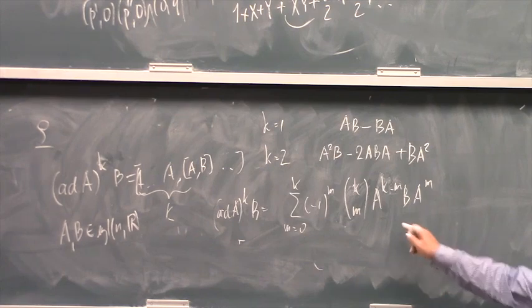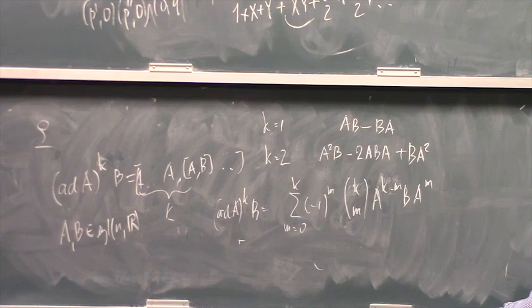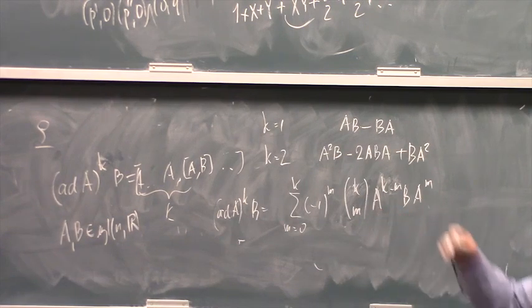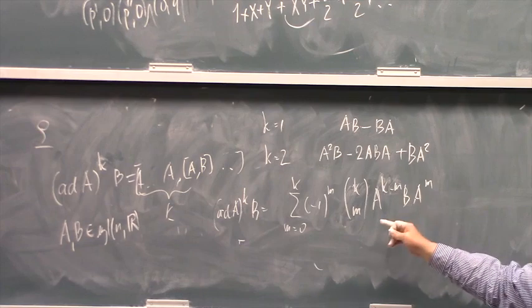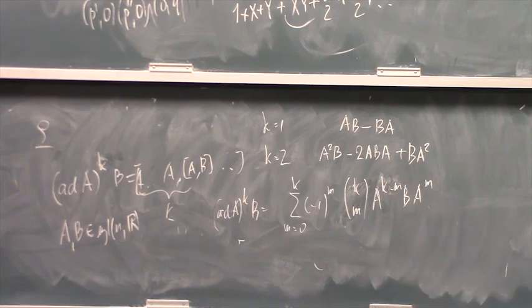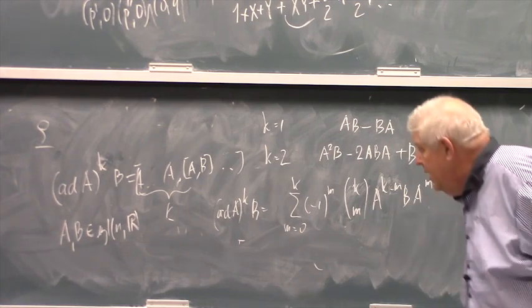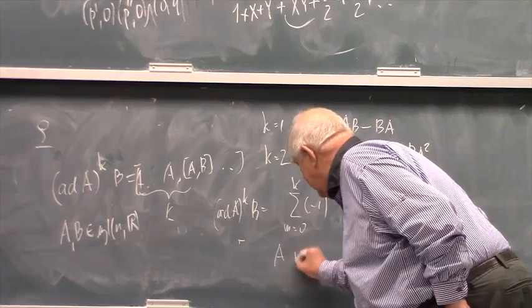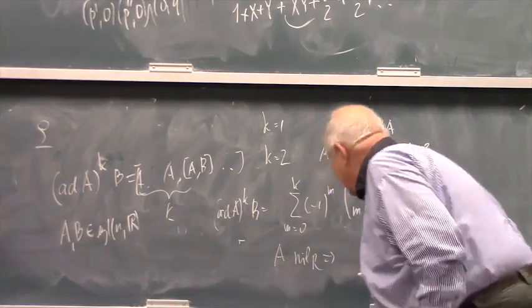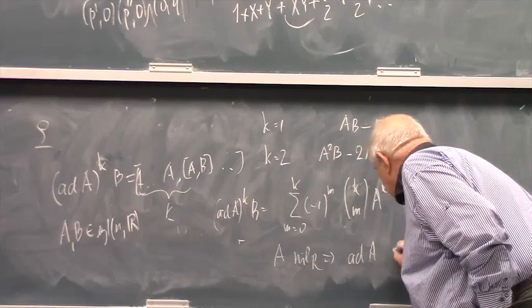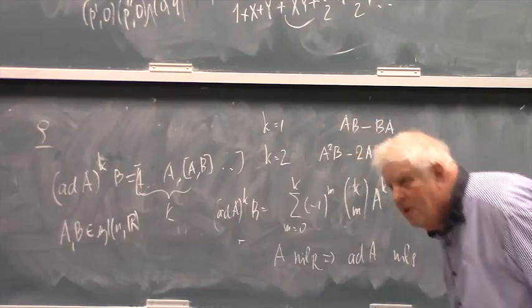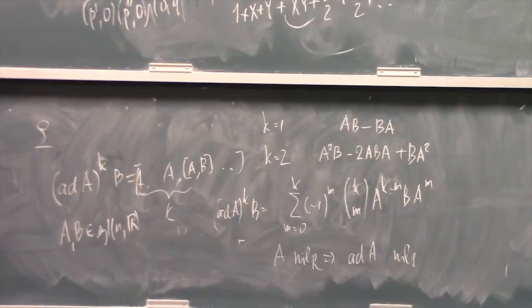If A is a nilpotent operator, then this is 0 for sufficiently big K. Because if K is very, very big, then either this or this will be 0 for any M. Then the whole thing is 0, right? So we see that if A is a nilpotent operator, then ad A is a nilpotent operator. This resolves our problem, because if we have a faithful representation, then for any non-zero element